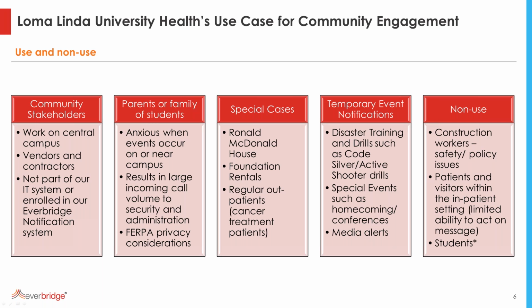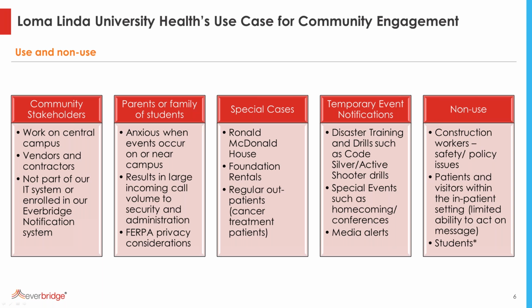We actually originally anticipated using community engagement in a number of areas. Like I mentioned before, we're undergoing a major campus transformation project, and we're anticipating thousands of construction workers on our campus within the next 3 to 6 months. And we had actually looked at using community engagement to notify our construction workers if we had an emergency or disaster on campus. But in working with our safety officers from our contractors, we discovered that they